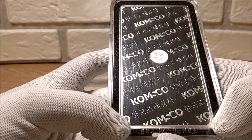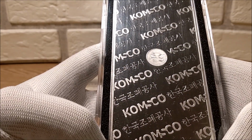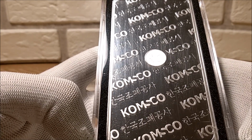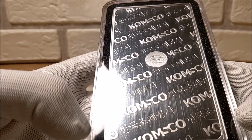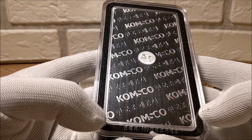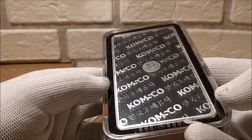So what pieces am I going to trade in? Well, I'm going to trade in number one, generic, not premium government minted bullion, because of what I said earlier about the sell price, the difference in the sell price. You're going to lose money if you trade in premium government minted silver bullion for gold, when you could trade